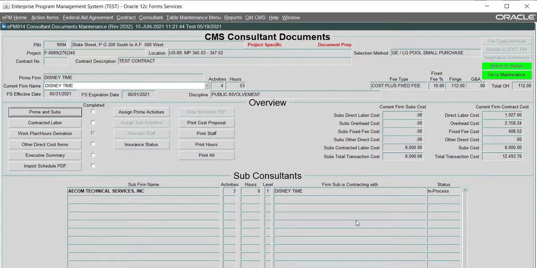So as the prime consultant, I can act as the sub and fill out their consultant docs if the consultant company has allowed this permission or access in their company profile. If they allow the prime consultant to enter information for them when they are a sub-consultant, you can pull them up here,